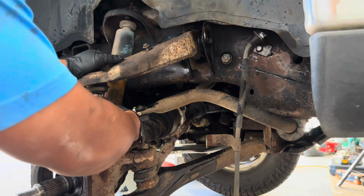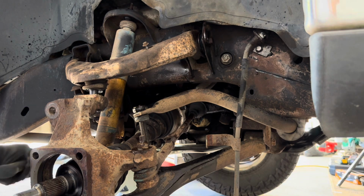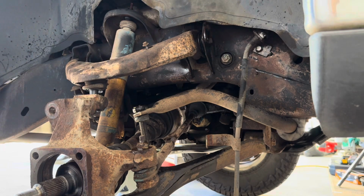It's loose, so you can take that out. And then also we'll be removing the shock. So that then we're gonna have to remove these. I think these are